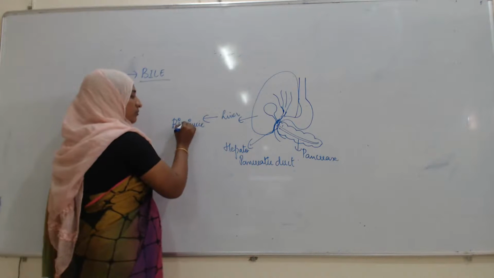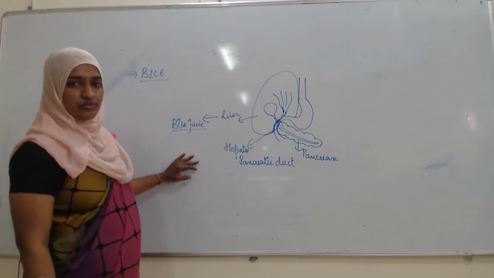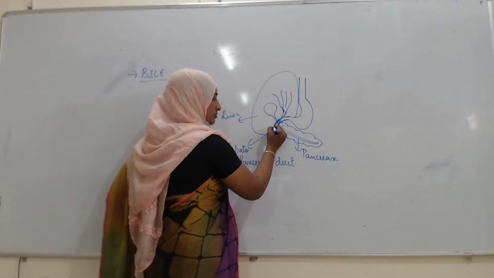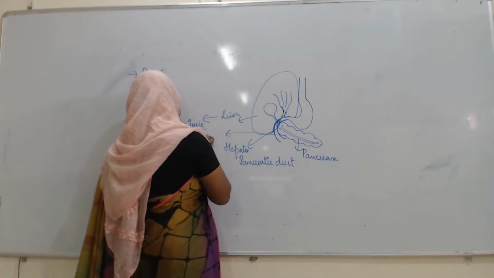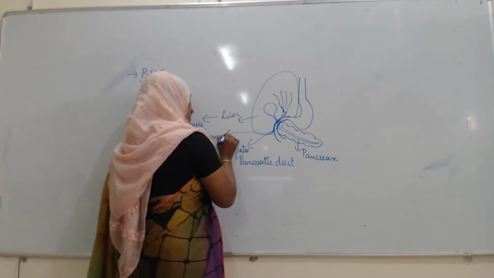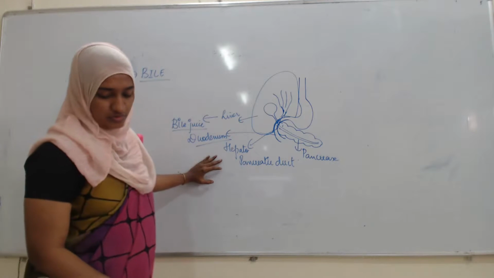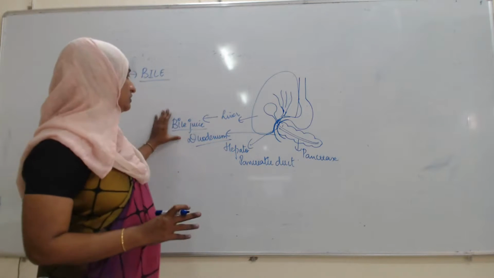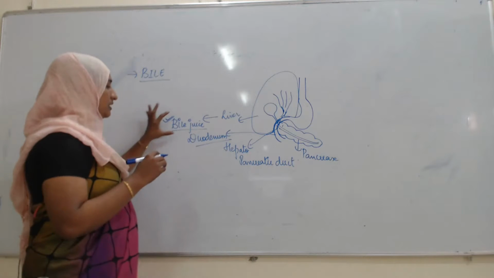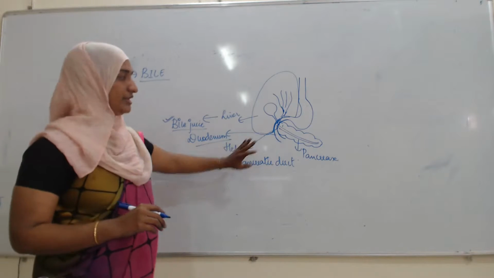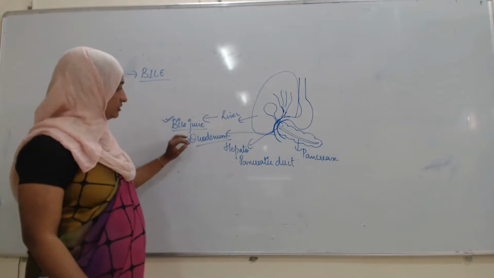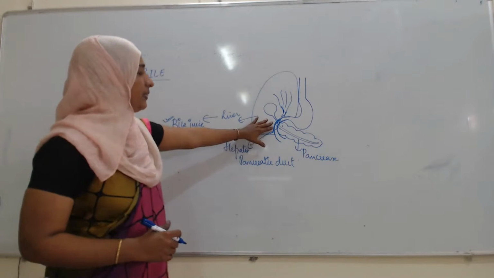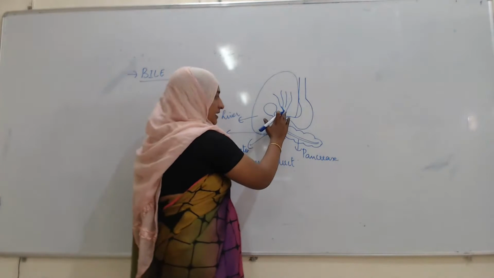This plays a very important role in the digestion. Okay, this secretion is going to take place into the U-shaped first part of the small intestine, which we call the duodenum. So here, the bile juice is also going to stimulate the pancreatic juice as well as the intestinal juice. The bile juice which is produced from the liver is poured into the intestine through the duct, and this duct we can call the bile duct.